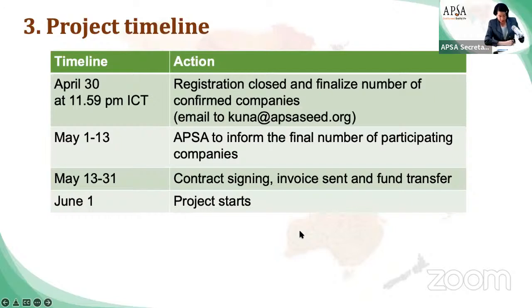Right. So according to the project timeline, the companies can consider and get back to me by the end of April, or April 30th. After that, I will send emails to all companies asking for confirmation, and then we can inform the final numbers of participating companies so that we know the amount of the project to be joined by each company. After that, from the middle of May until the end of May, it will be the process of contract signing, invoice sent, and fund transfer, and the project will start on the 1st of